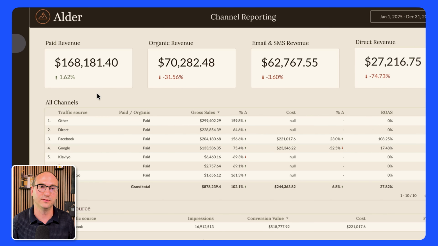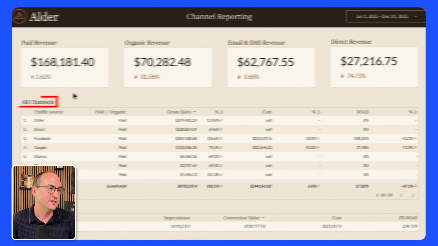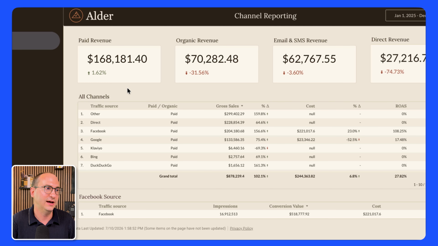This can be split out if we needed to, but they want to see it all in one place. And then finally, the direct revenue. This is your free revenue. You didn't advertise for this. This is the contribution that is coming from people that come to your site directly. Then when we go into the channels, we have a combination of paid channels, and then we have paid channels